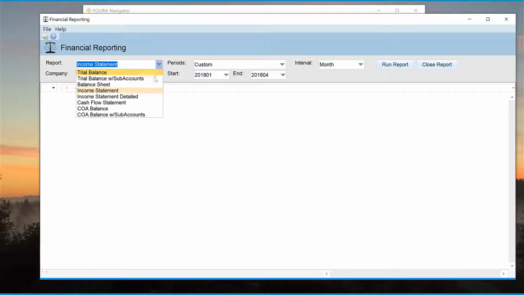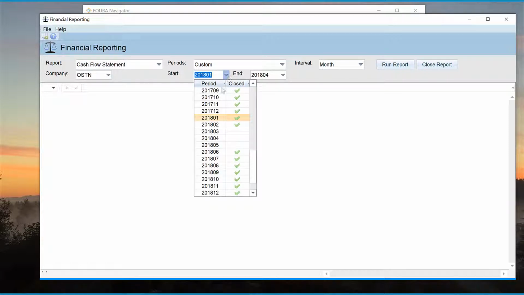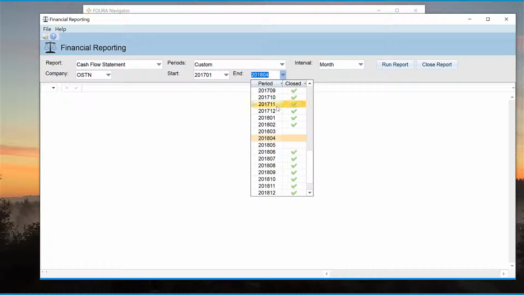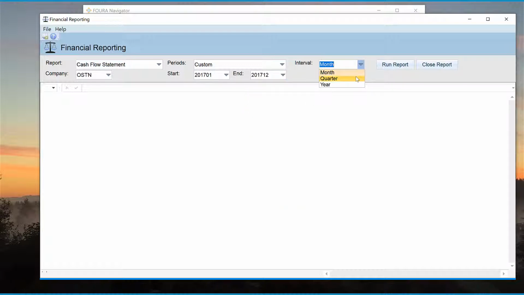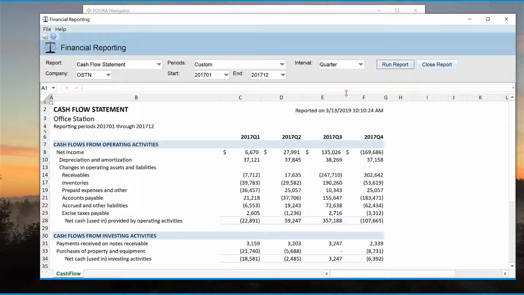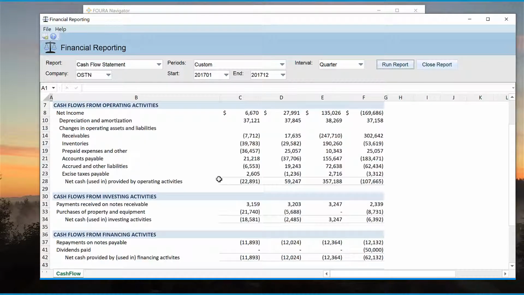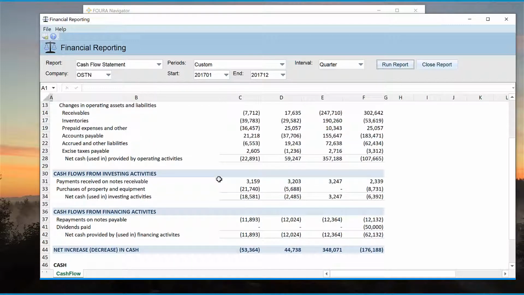Let's leave the period selector at custom, but change the start period to January 2017 and the end period to December 2017. And change the interval to quarter and select the Run Report button. The cash flow statement appears in a new sheet with the amounts presented for 2017 by quarter as we specified